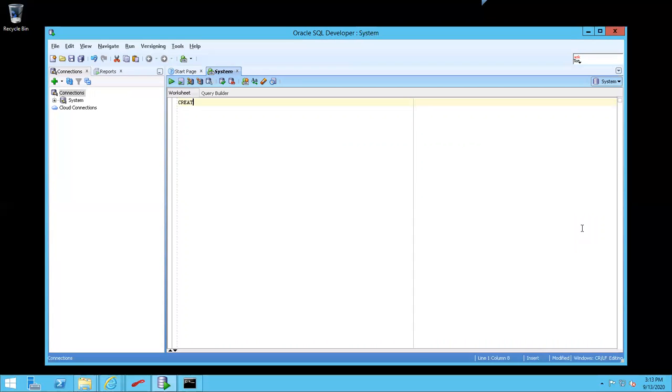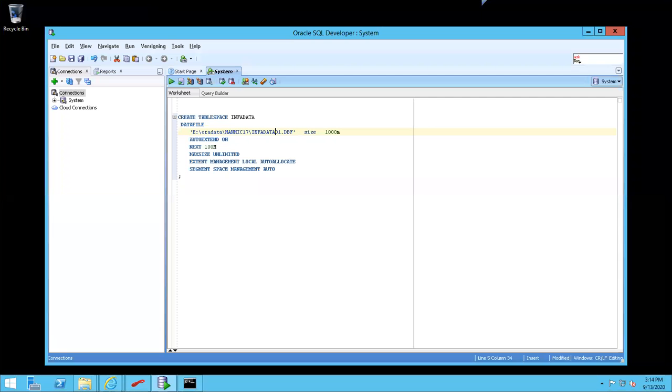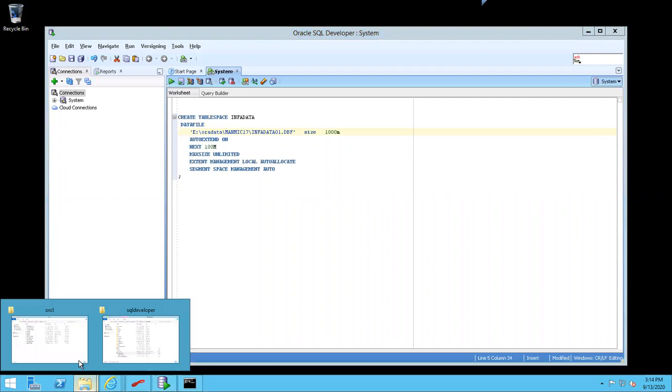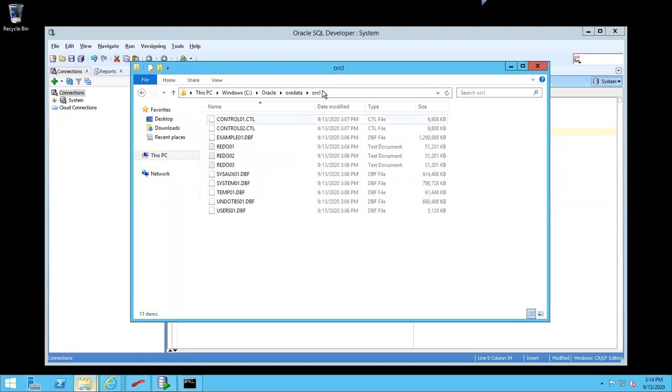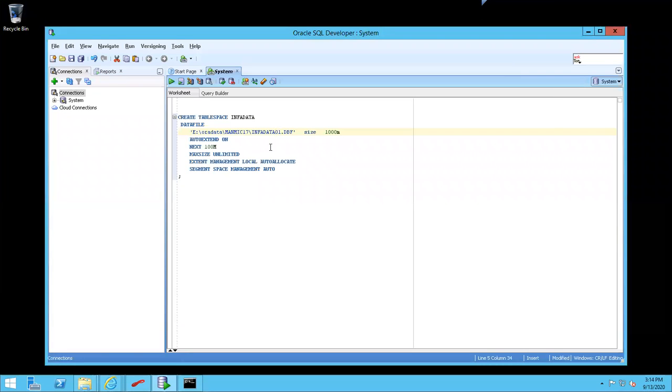Create table space. Name of table space: info data. And then I need to specify the file name. So my table space name is info data, and then I need to browse the path. My path is this one, so I'll just replace the path.